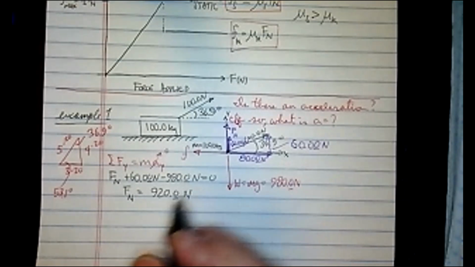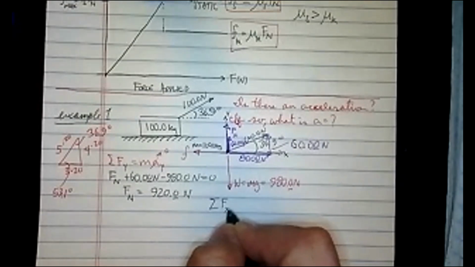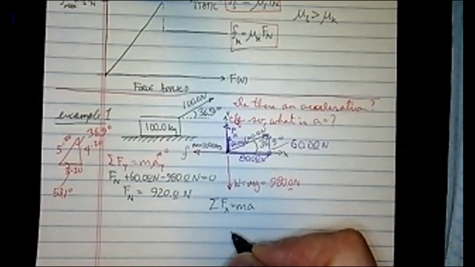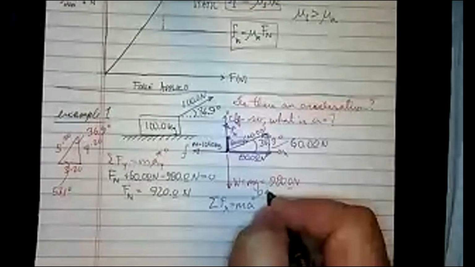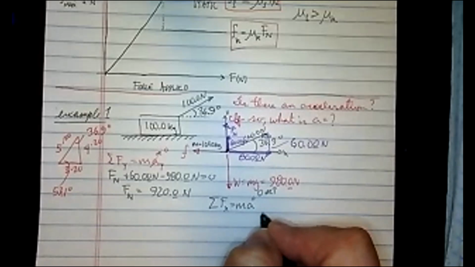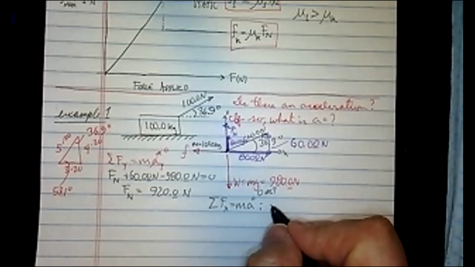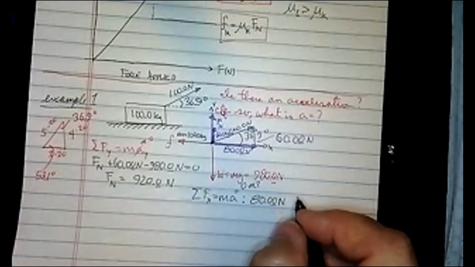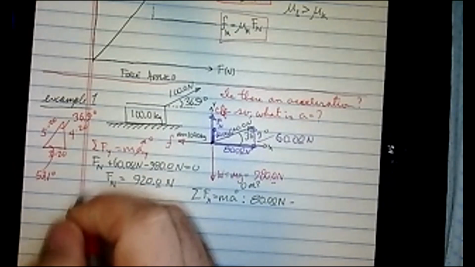Now what I need to do is figure out what the summation of the forces in the x direction is. So I'll say summation of forces in the x direction equals mass times acceleration. Now there's no other acceleration, so I'm just going to call that a instead of a sub x. And we don't know, is this 0 or what? Okay, that's what we don't know. So I'm going to put all the forces acting in the horizontal direction, and I'm going to see that's 80.00 newtons. And the only other one is minus the friction force. But what we can do now is, now that we know Fn,